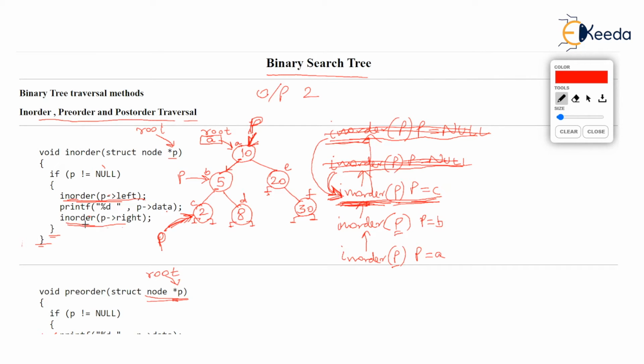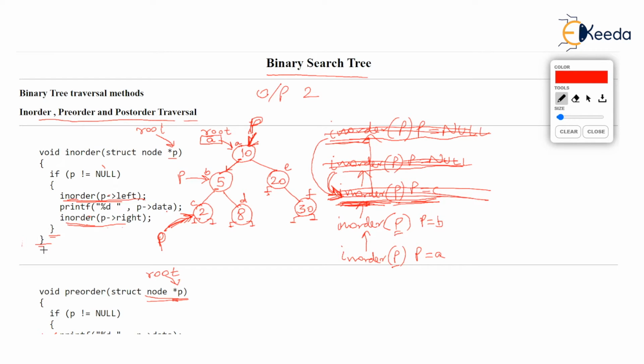It was doing its right recursive call. So when the function for p at 2 will resume, it will continue with the next line, and the next line is the end of the if and the end of the function. So finally, inorder p, here I am striking it out, with p at c has been finished. I hope you got it.